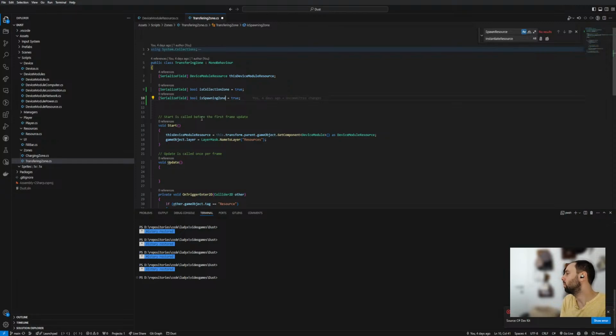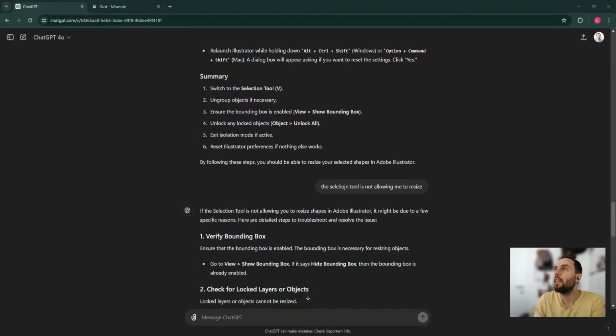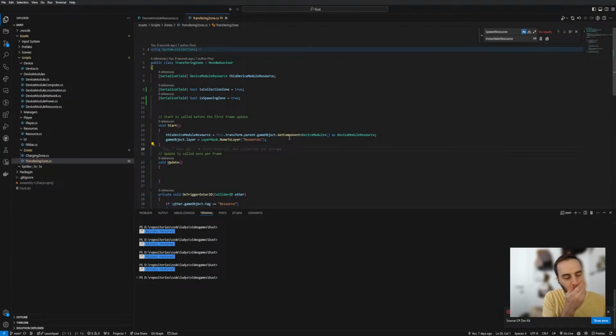I'm wondering, do we actually want to care about the zones or just the devices overlapping with each other? But if we use the zones, it's maybe a bit easier to get to some more special behaviors later on. What's the time now? Yes, okay. Right, so